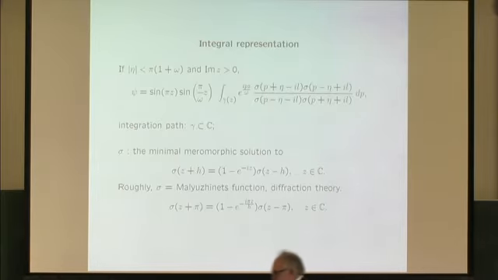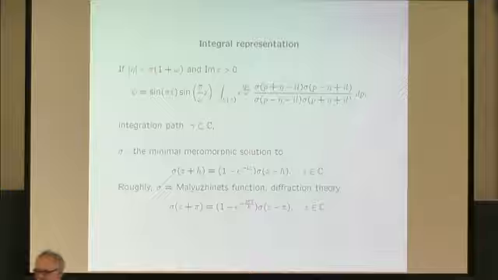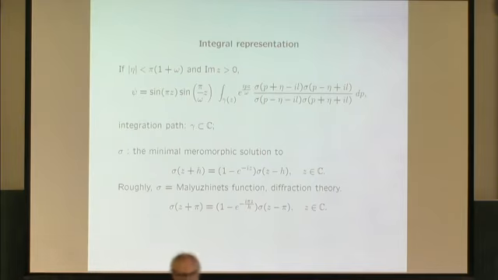Actually, it recalls very much the Euler gamma function. What is the equation for the Euler gamma function? You have gamma of z plus 1 equals the simplest first order polynomial times gamma of z. And here you have sigma of z plus h equals the simplest first order trigonometric polynomial times sigma of